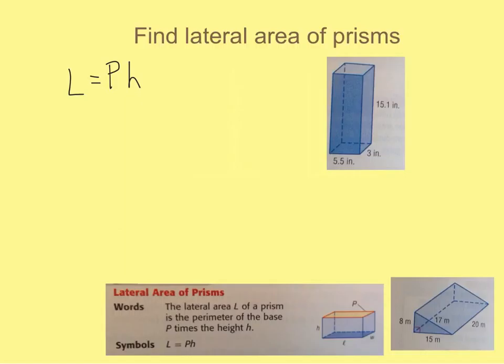So to find the perimeter of the base, I'm going to take, I know, the length, and I'm going to times that by 2 because there's 2 of those, and the width, I'll take 2 of those. So I'll take 2 times the length plus 2 times the width. So I plugged in my numbers into my formula. Notice how I set it up. I put parentheses around finding the perimeter because I want to do that first. So I'm taking 2 times the length plus 2 times the width, and then I'll times it by the height,